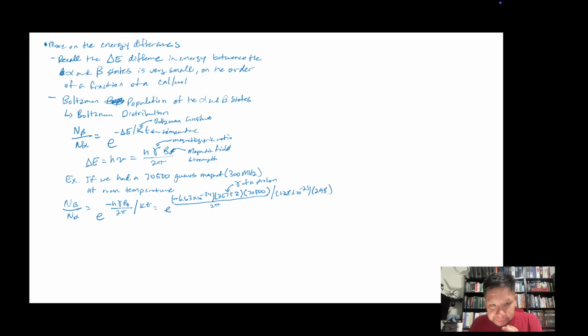So I'll give you a few seconds to do that math while I go back and make sure I have the magnetogyric ratio of the proton correct. Yep, I have it right. And so I hope you did that math. We get that N beta, the number of protons in the beta state, over N alpha, the number of protons in the alpha state, the ratio of them, equals